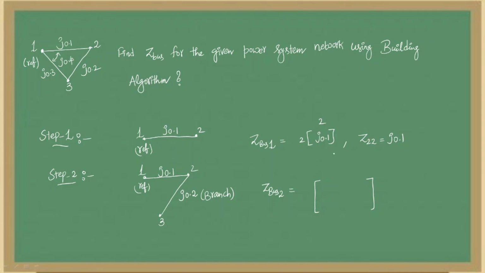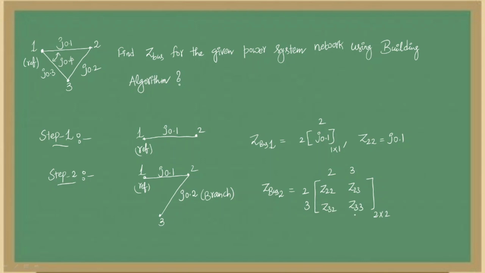So previously this matrix is a 1 by 1 matrix. As I am adding one element, this 1 by 1 must be increased to 2 by 2. So you must have two rows and two columns. What are the two rows and two columns? As we have already created node 2, you must have 2 and 2 here, and we are creating the third node by adding a new element. So you must have 3 and 3. Now what can be the elements in this matrix? They are Z22, Z23, Z32 and Z33.